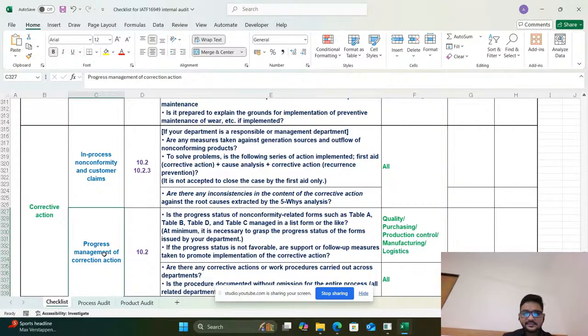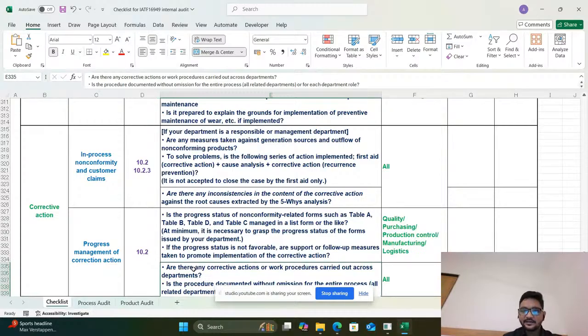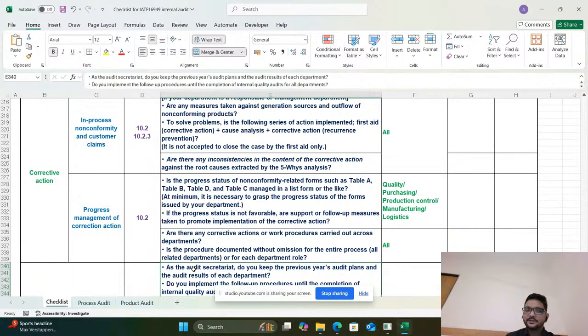That is the progress status of the nonconformity, related to ABC, like we can categorize the major category, minor, and critical category, that we need to categorize. And next, is any corrective action or work procedure carried out across departments? Is the procedure documented without omission for the entire process?